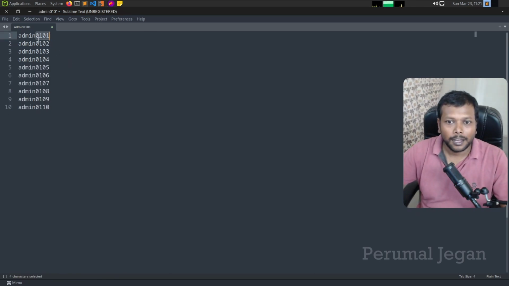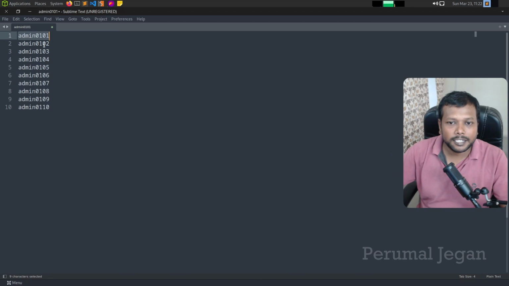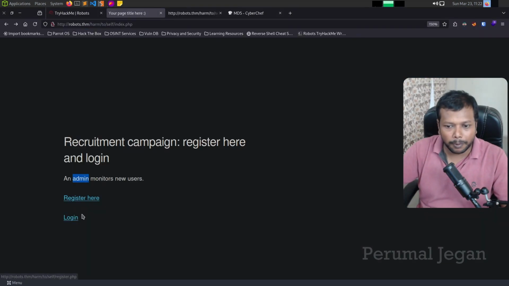You can see the date, month, and I know the username already. Since it is following a poor approach to encode and store the password, the initial password, I might simply try to brute force the last 4 digits, and I can just convert it into an MD5 hash, and I can try against this web application to log in